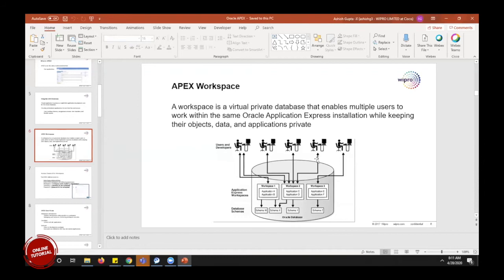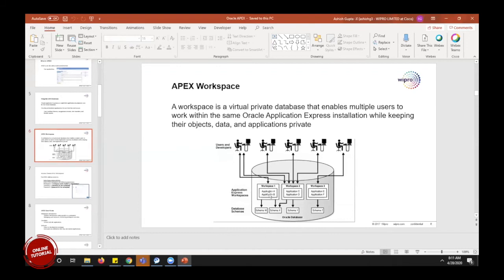The picture I am showing now is about how this Oracle Apex architecture is.